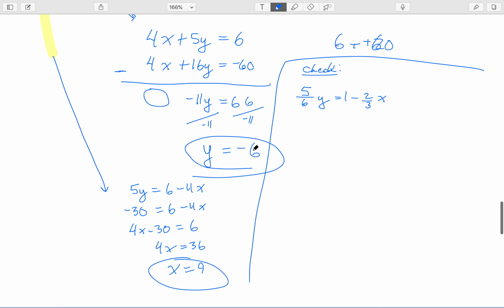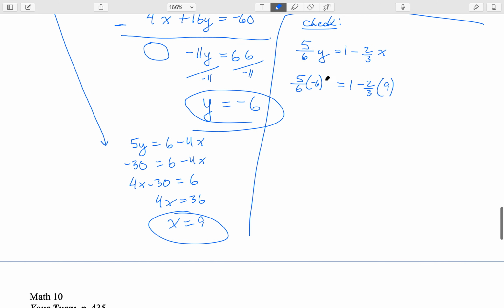What was y? Y was negative 6. So 5/6 of negative 6. Okay, that's actually nice. This is 1 minus 2/3. What is x? X is 9. Oh yeah, this one's nice as well. So the 6 is canceled. This becomes negative 30 over 6. This is negative 5 is equal to 1 minus, now 2/3 times 9, 2 times 9 is